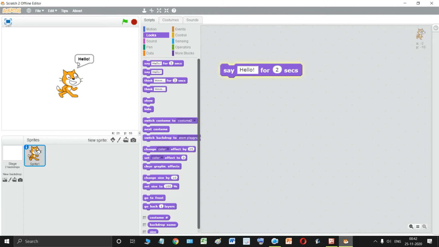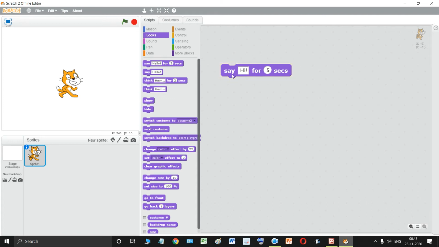This bubble is called the speech bubble, and inside the speech bubble, whatever message we have written is present. If I change it to hi, and instead of 2 I make it 5 seconds, then inside the speech bubble the message has also changed, and now it will be shown for 5 seconds. So this is the work of this, and this is the speech bubble that we are talking about.